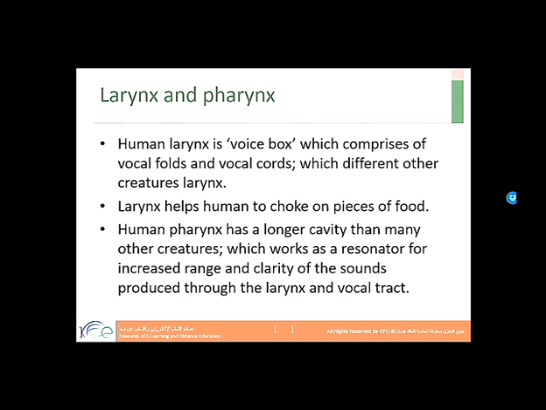So we can summarize this by saying that across a number of years, there was a physical adaptation that happened to human beings, which enabled them to produce language and sounds.